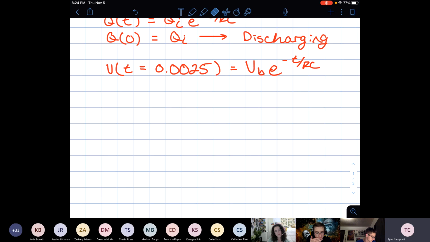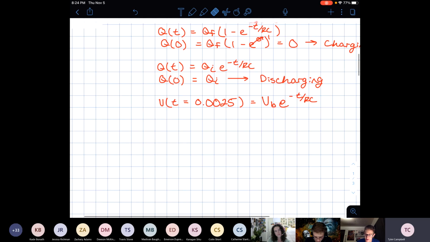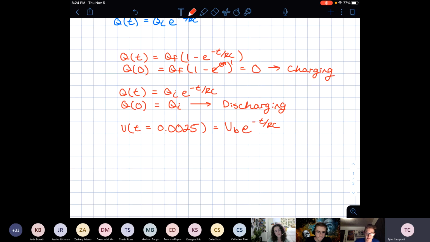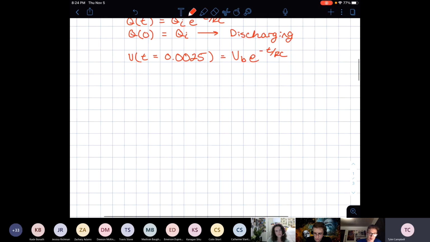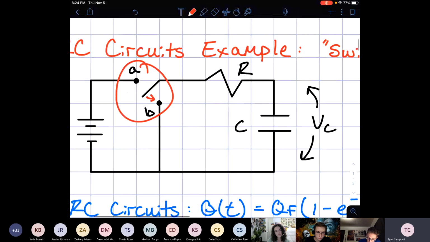All right. So the next one, I don't think is a super good thing to go over because it's just talking about power, which doesn't use these equations directly. So I'm going to skip that part for now and go to the very end part. The last part says that the switch has been at position B for a long time now, so it's been right here for almost infinite time,